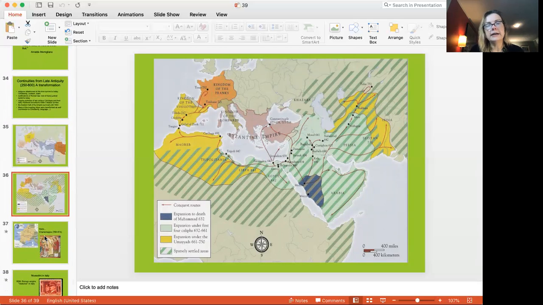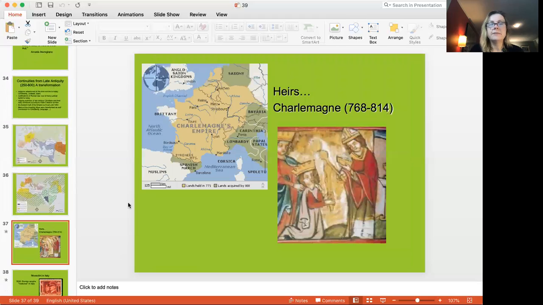So clearly, whether you are a continuation of Rome or not, that doesn't mean you necessarily are controlling quite as much of the world as the Roman Empire did at its greatest extent. That, of course, nevertheless never stopped anyone from arguing that they were the heirs. In addition to the Byzantine Empire, for example, Charlemagne, who united quite a bit of what is modern-day France and part of Germany and Switzerland, liked to think of himself as a continuation of the Roman Empire.